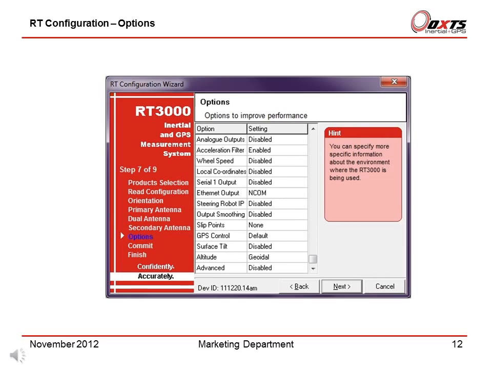Wheel speed. The wheel speed input is used in survey applications to reduce drift when the GPS is not available. For example, when the vehicle goes under a bridge, it will predict a position over time based on the wheel